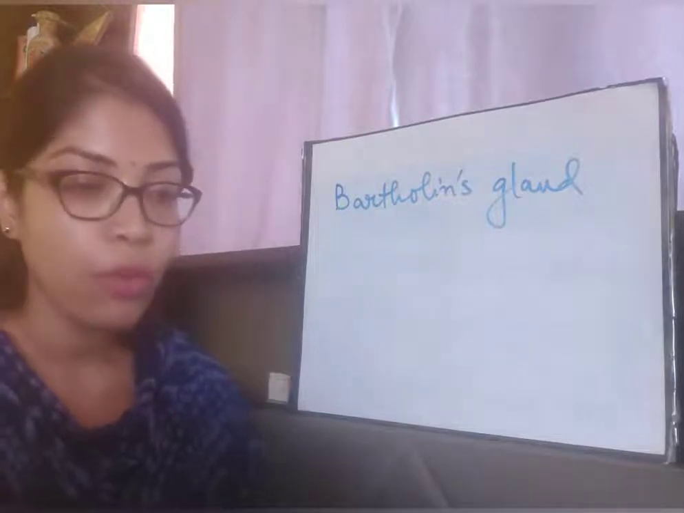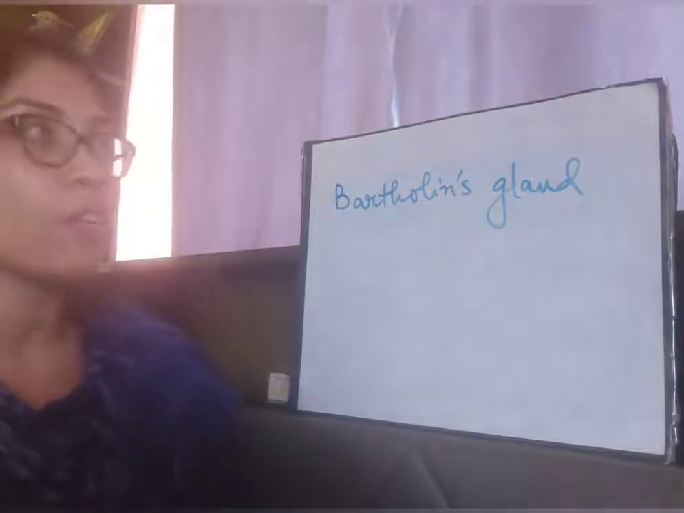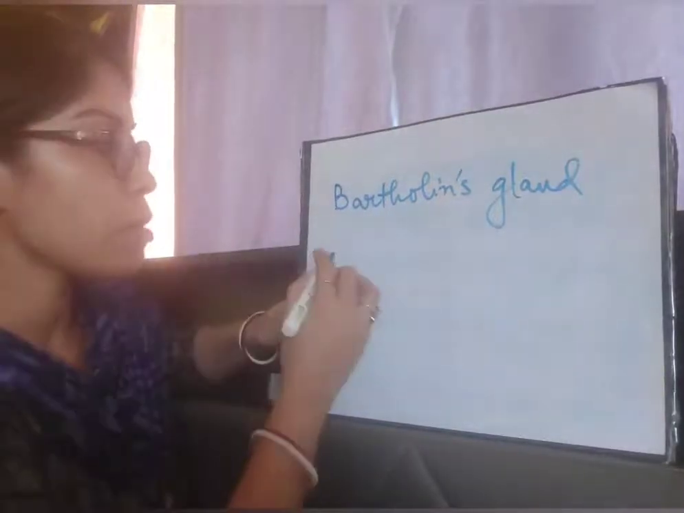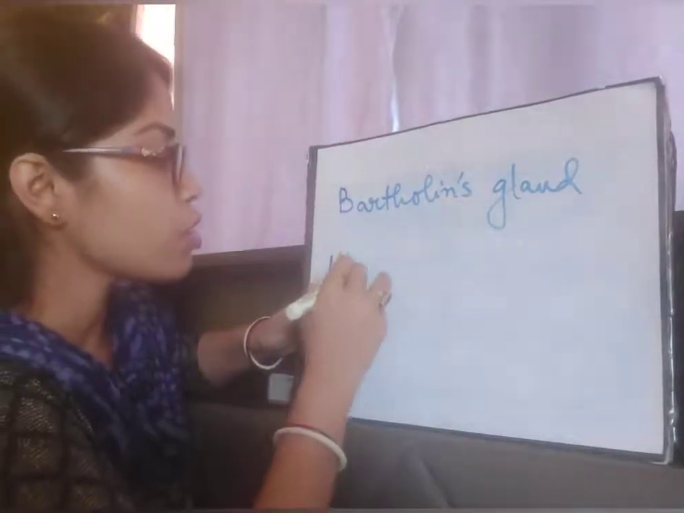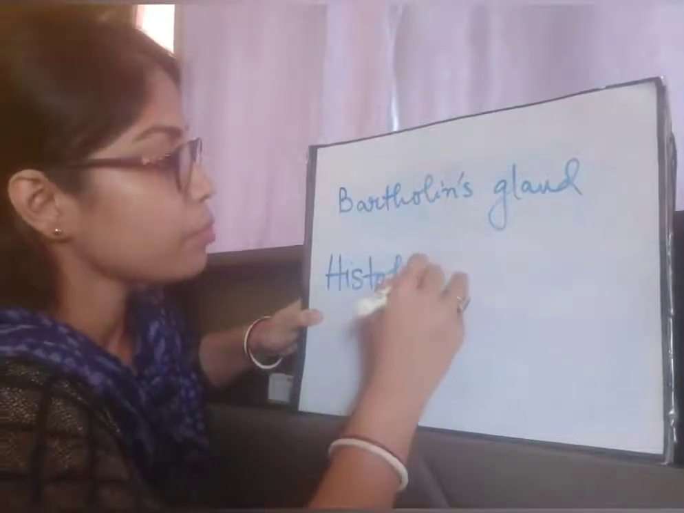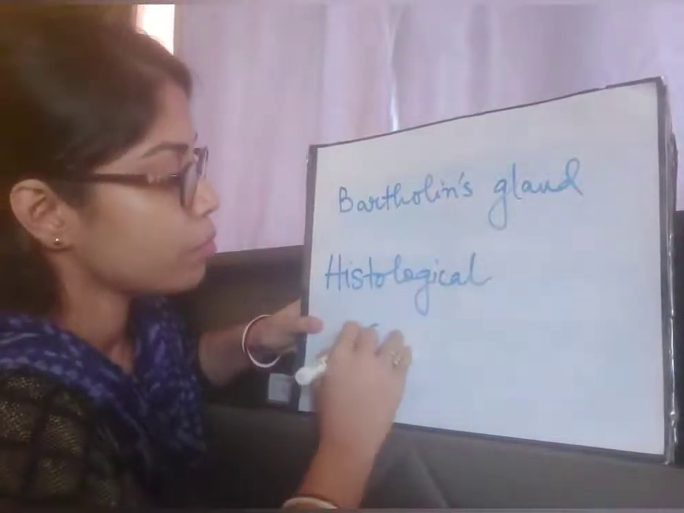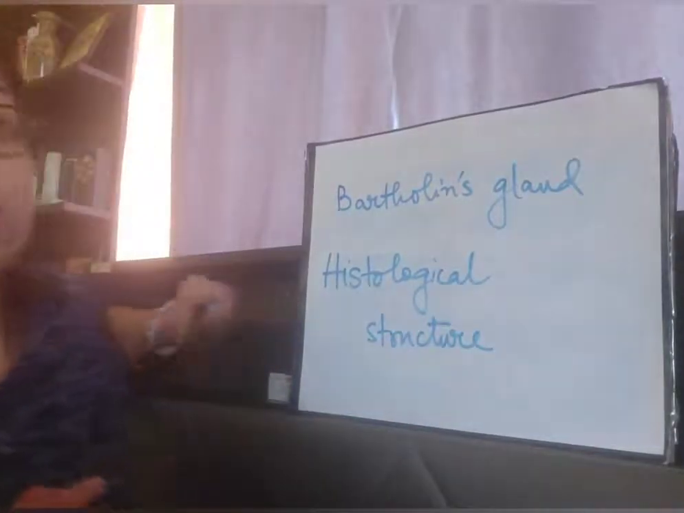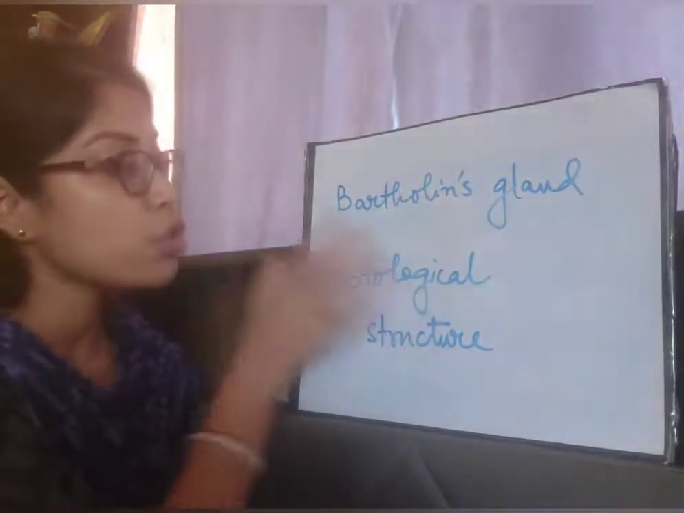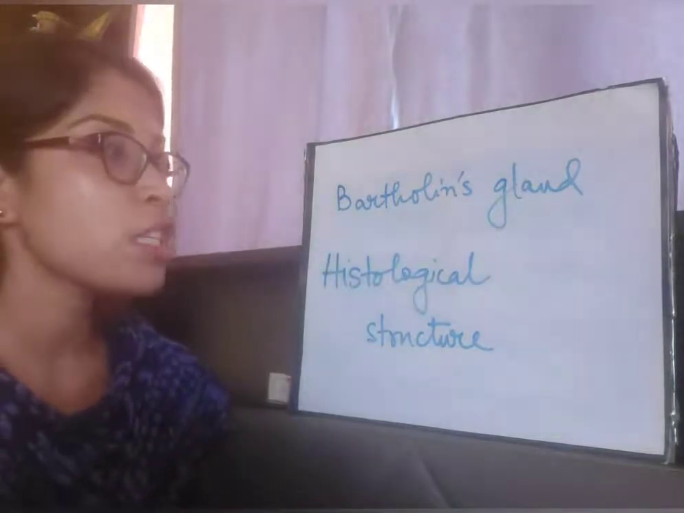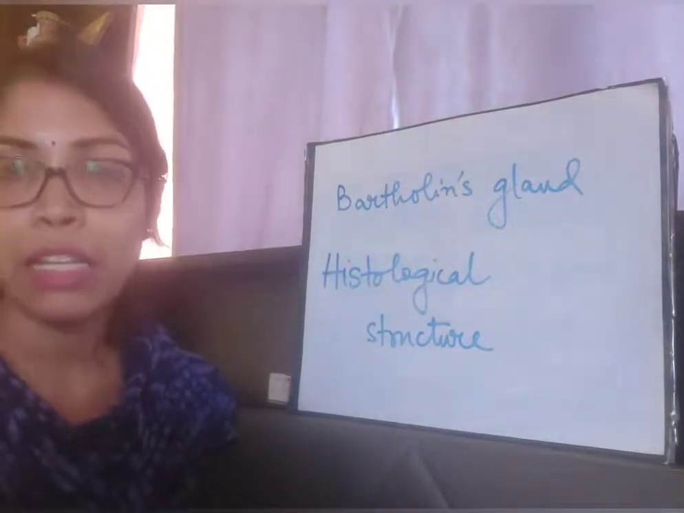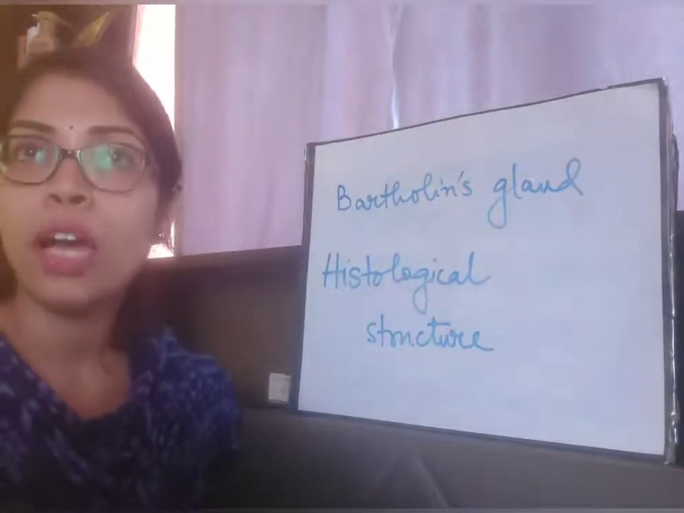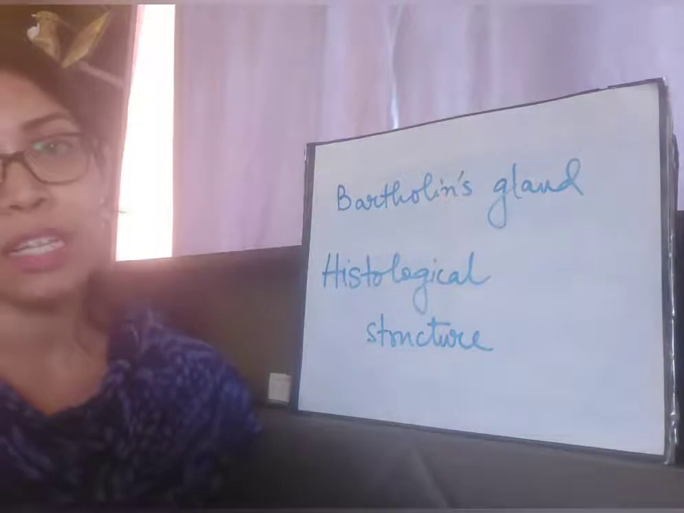Next we will move on to the microscopic anatomy of testes and ovary. Microscopic anatomy means we will talk about the histological structure. What does histological structure mean? What is histology? Histology is basically a branch of biology that deals with the study of the different types of tissues. Basically all our organs are ultimately made up of cells, and